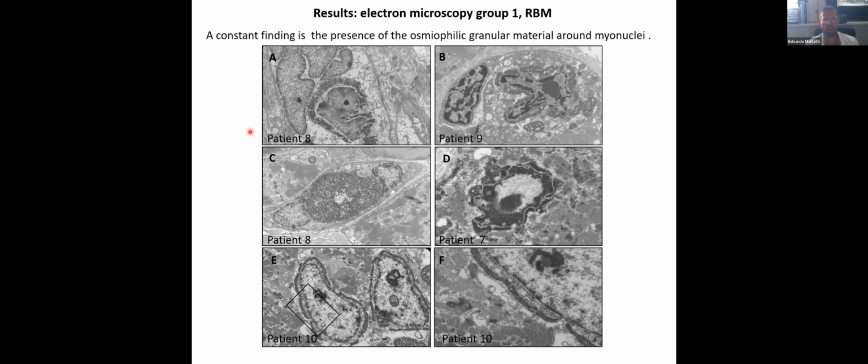Then we focused on the nuclei, and a constant finding was the presence of this osmiophilic granular material around the nuclei, corresponding probably to material that later composes the reducing body. Here you have a completely formed reducing body that is surrounded by two nuclei, and one of them presents this